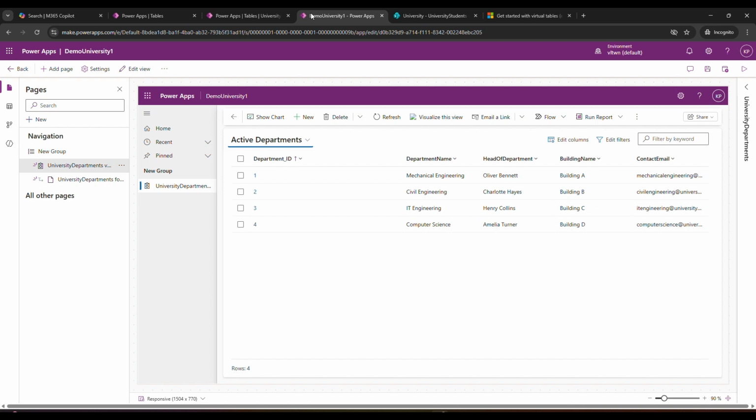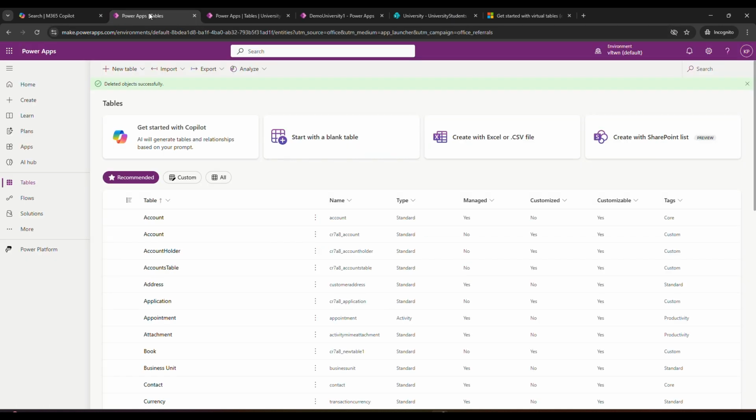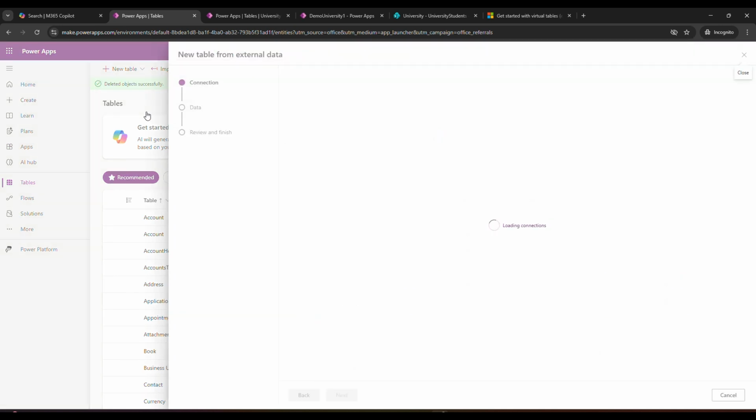However, we know that a model driven app supports only Dataverse as a data source. We can't directly import data from this SharePoint list. So this can be a use case for creation of a virtual data table. So I'll go ahead and create a virtual data table. For this, we have to go to tables, new table, create a virtual table,